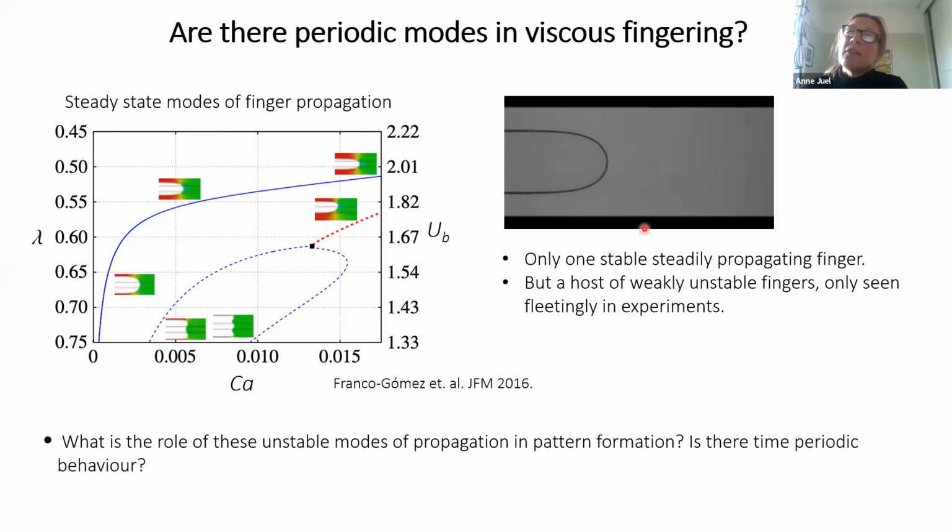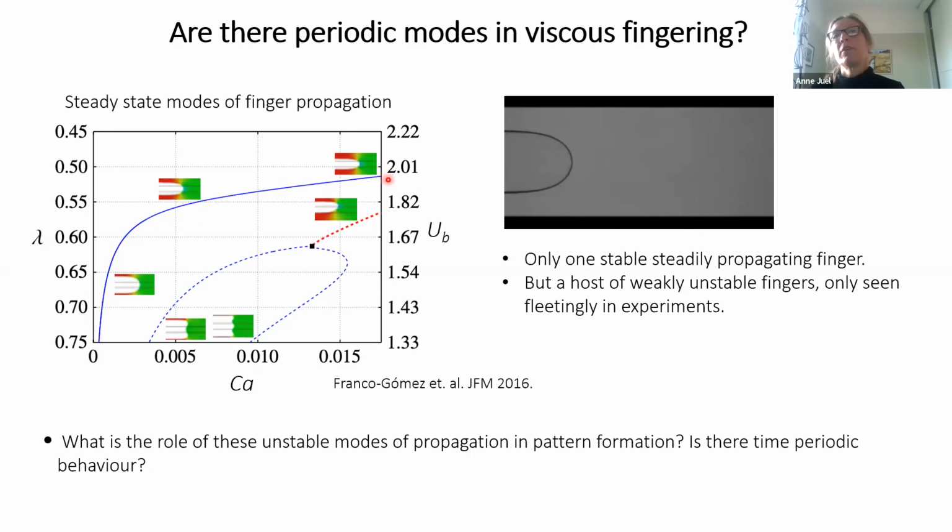And so for that, you can go and look at some numerical simulations of a propagating finger in the Hele-Shaw channel. Here we're plotting the width of the finger and the speed of the finger as a function of the capillary number. These are two decent measures of the steady state modes of finger propagation. What we find if we do numerical calculations of this is we find our symmetric mode as a function of capillary number,